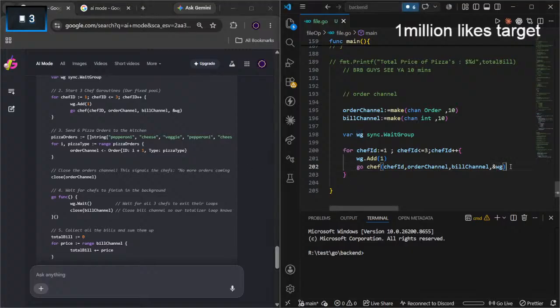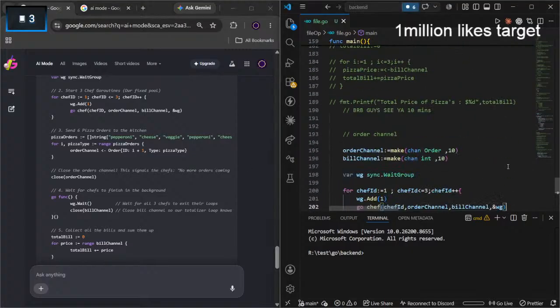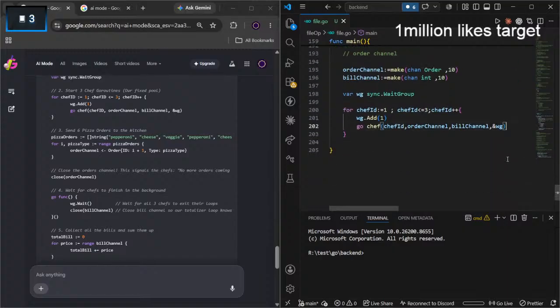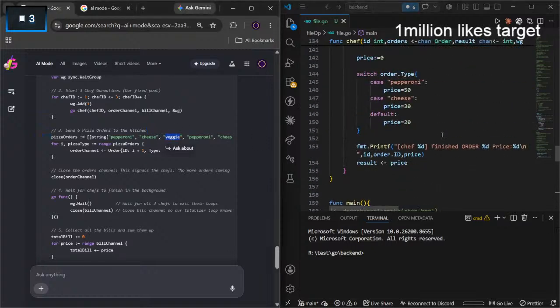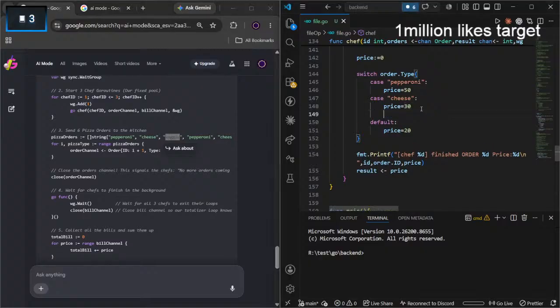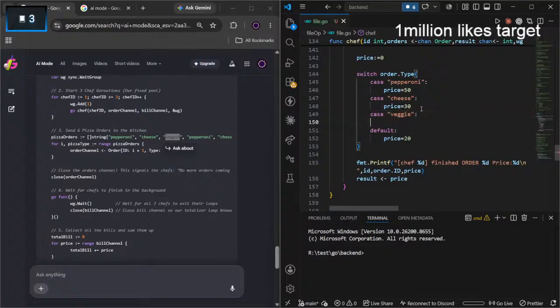We have the goroutine now. Now we have to run, what do you call the thing? But we don't even have a veggie pizza in my pizza menu, I guess. Let me add a veggie pizza.